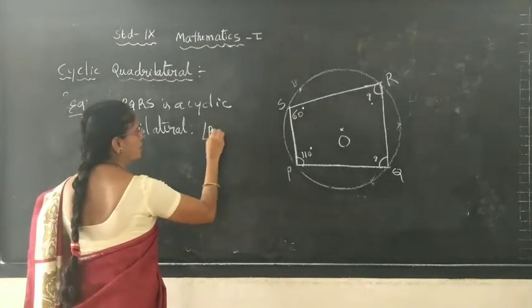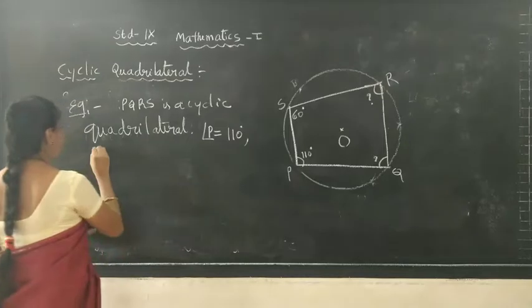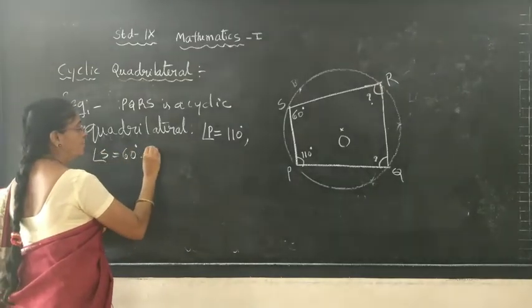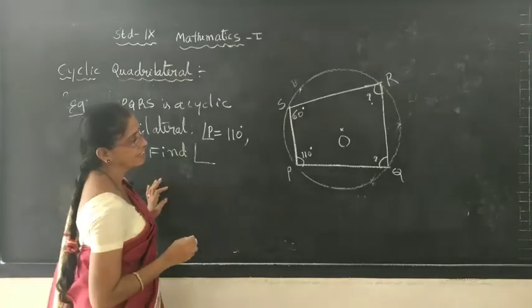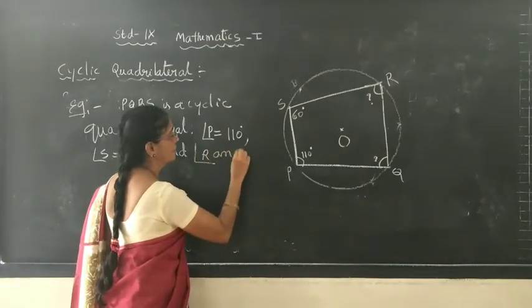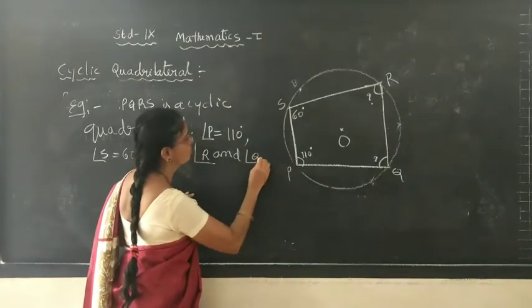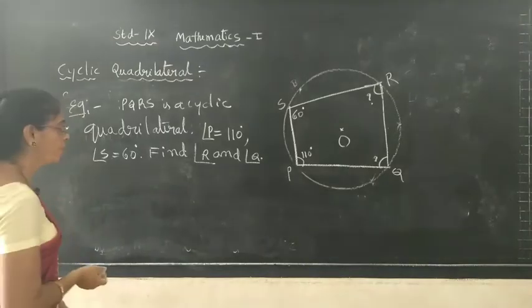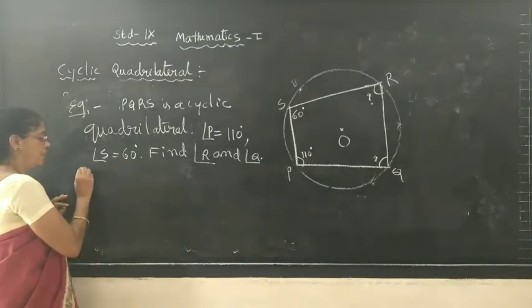Angle P is equal to 110 degree. Angle S is equal to 60 degree. Find angle R and angle Q. Find angle R and angle Q. Now how to get it? Answer: